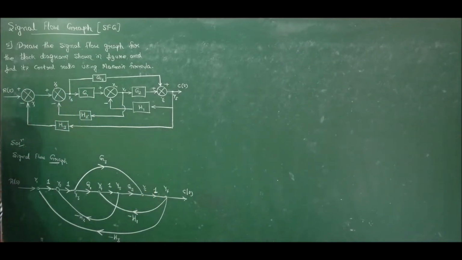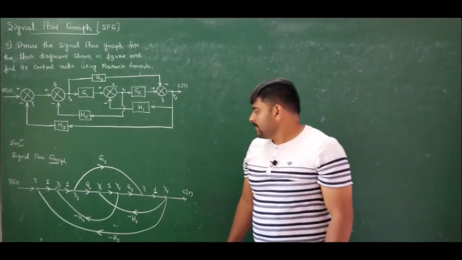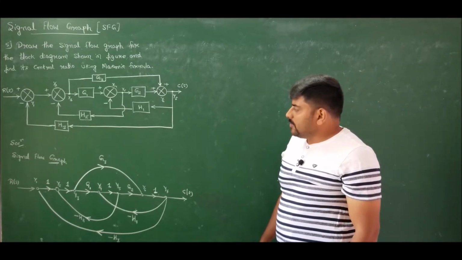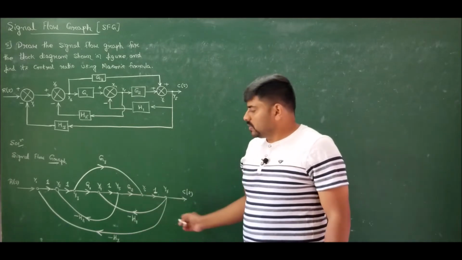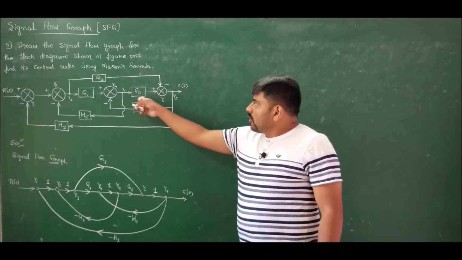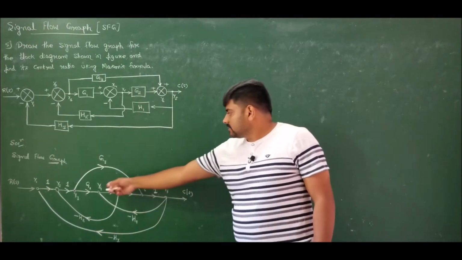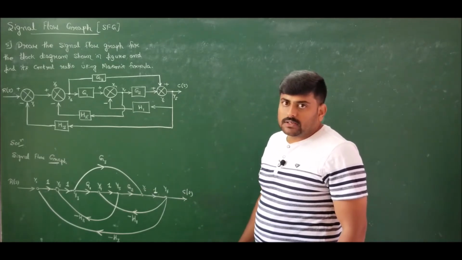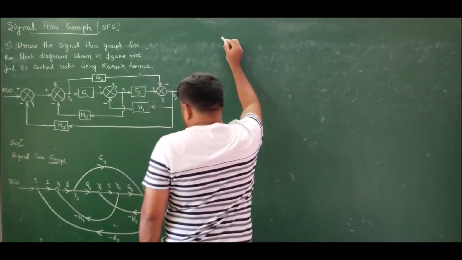So this is the equivalent signal flow graph for the given block diagram. This is how we should represent it. Totally we have 7 nodes, y1 to y7, which are a combination of summing points and takeoff points. Replace all summing points and takeoff points with nodes. Mark the feedbacks and replace the forward path transfer function of each block with the branch gain. So we have obtained the signal flow graph for the given block diagram. It is very easy. Now we can determine the overall transfer function as usual.